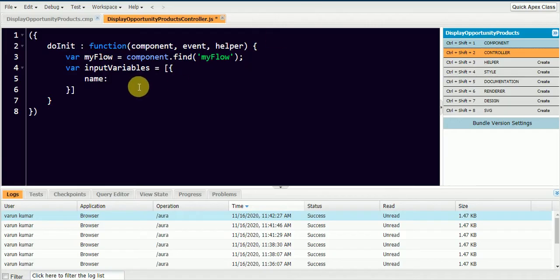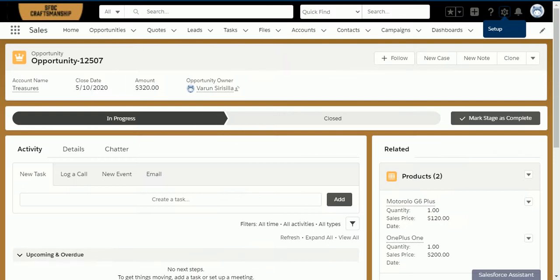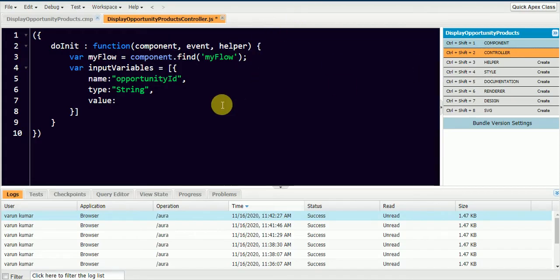Go back to developer console and use it here. And the type is string, and the value is, so I'm passing the current record ID, the current opportunity ID. So I'm going to use component.get record ID here.